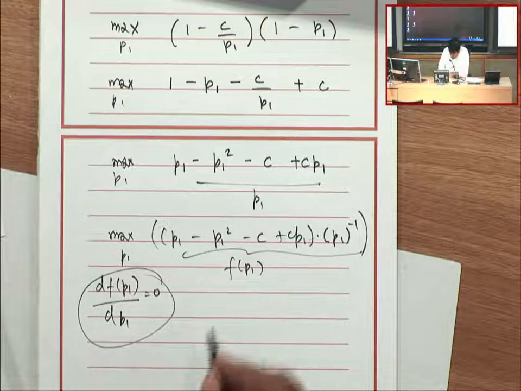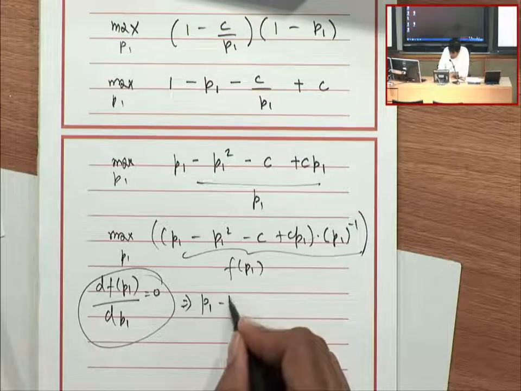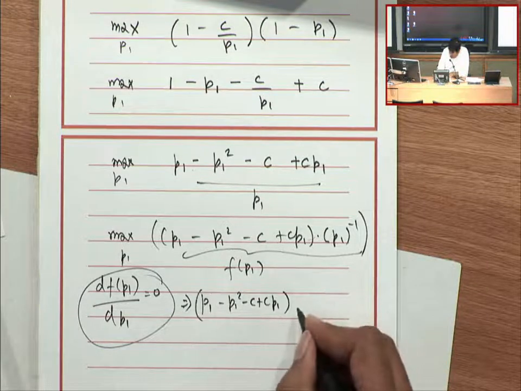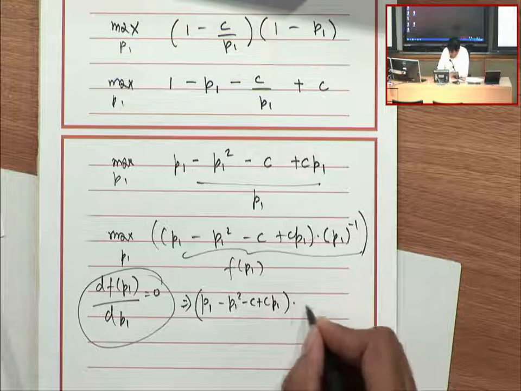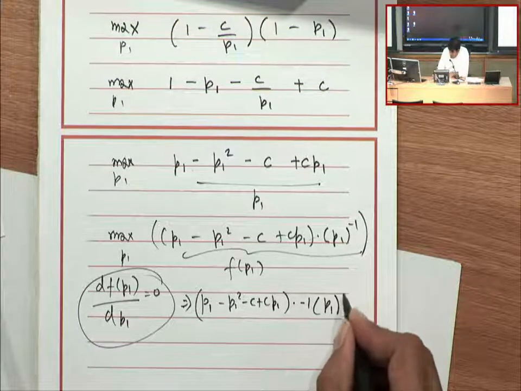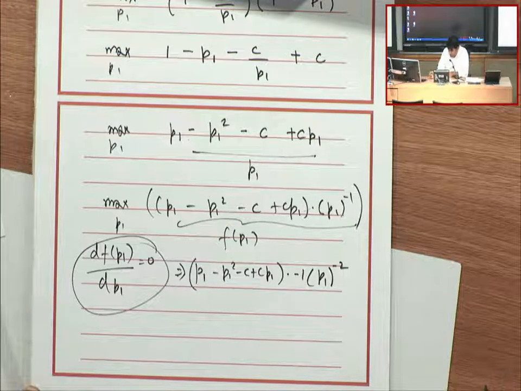So we'd get P1 minus P1 squared minus C plus CP1. Take the derivative of this, what do we get? Times minus 1, P1 to the minus 2, right? Plus,